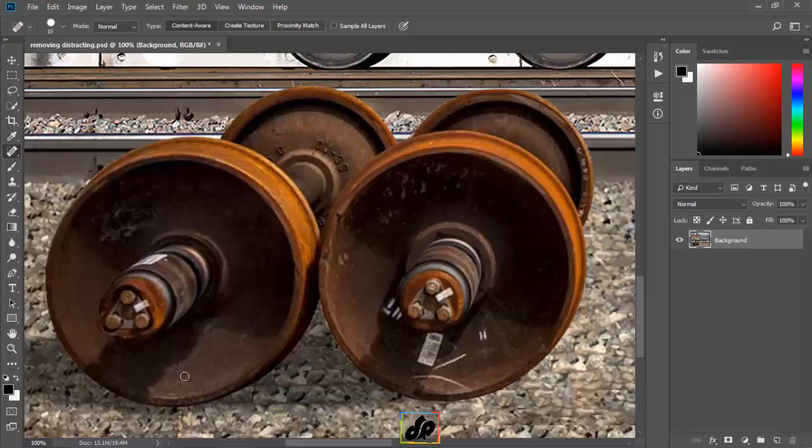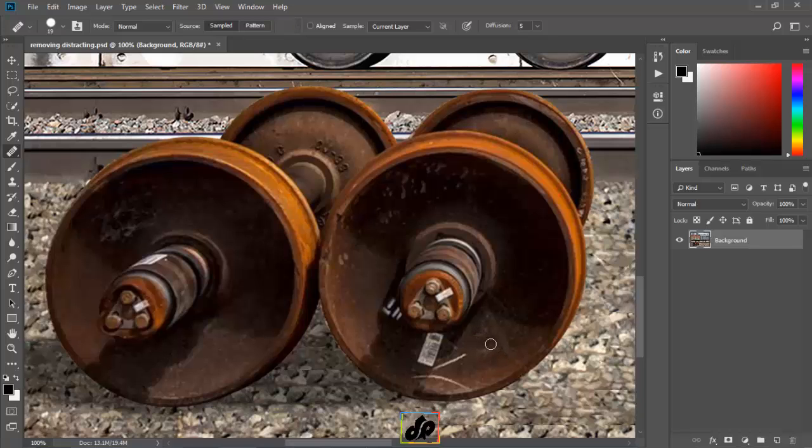If we want to select the amount of information Photoshop picks up to remove the distracting element, we can switch to the regular healing brush. The downside of this brush is that there is no content-aware technology, and instead you are in control over picking the source area. So, we will hold down the Alt key and bring our cursor to a good area in the image and click to select it as the source. We will now bring our mouse pointer to this bad area, which we want to remove, and paint to remove it.